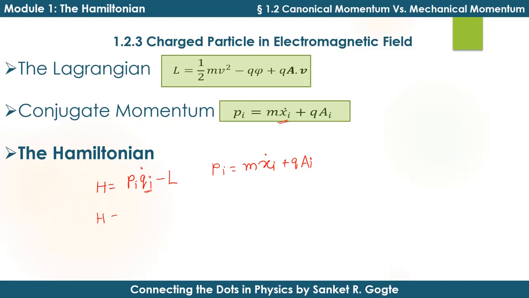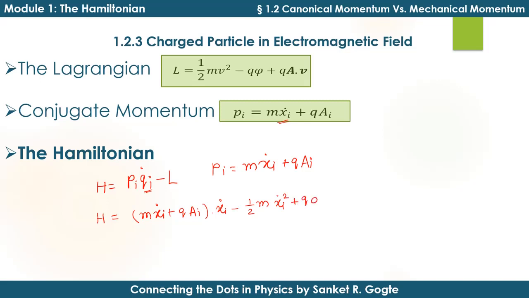So this is equal to pi, which is m xi dot plus q into ai, into xi dot, minus the Lagrangian, which is half m xi dot whole square